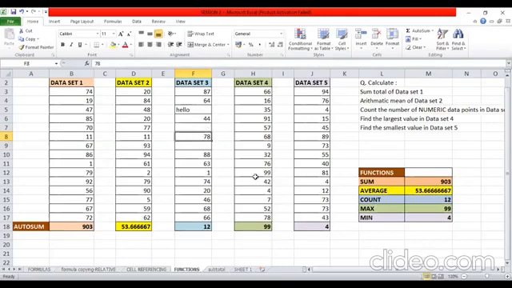So if I delete it or if I make it into a text, you can see that the formula is auto calculating the results at both places.